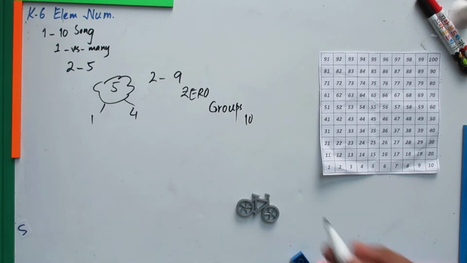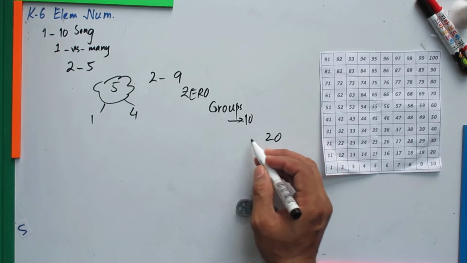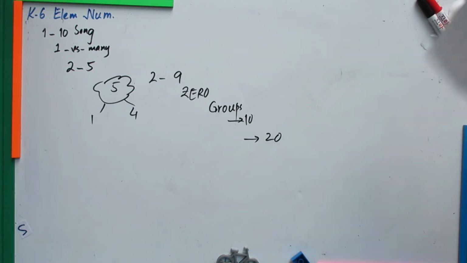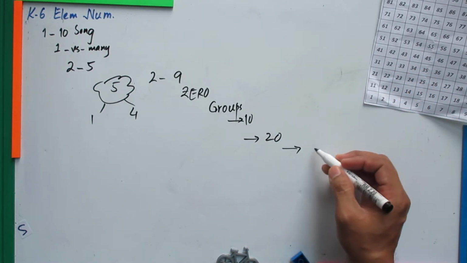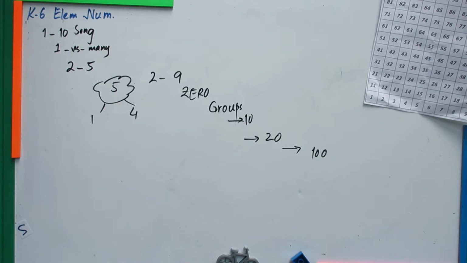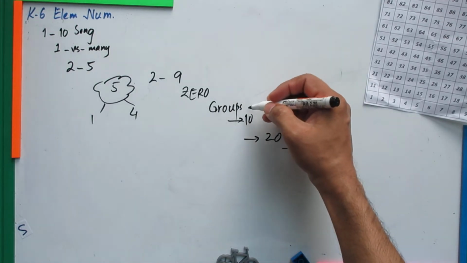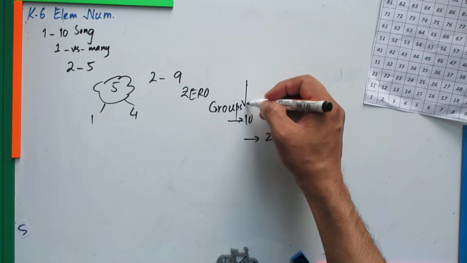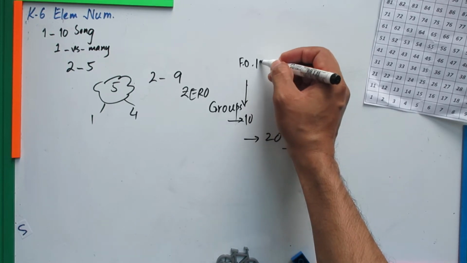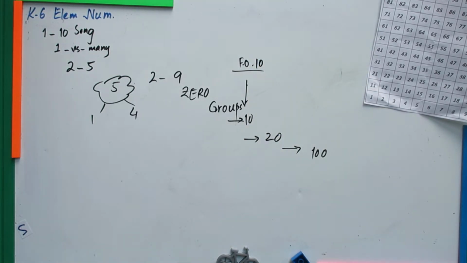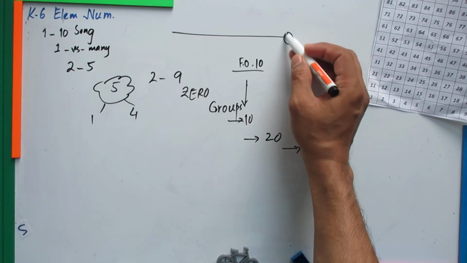So we are now at 10, right? The next milestone is going up to 20, right? And the next milestone after 20, then it's fast forward, and we go up to 100. When we go from 10 to 20, we do the same things, splitting and adding, splitting and adding. And here we did a concept when we reached 10, friends of 10. Friends of 10 is 9 plus 1 is 10, 2 plus 8, 3 plus 7 is 10, 4 plus 6 is 10, 5 plus 5 is 10, using, let's say,